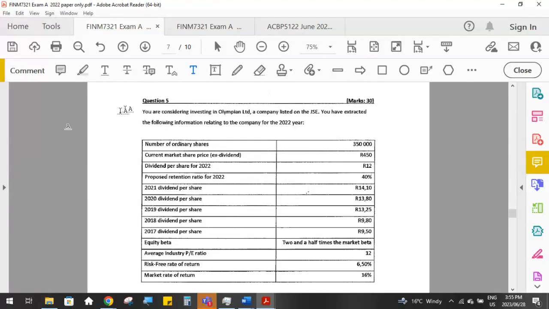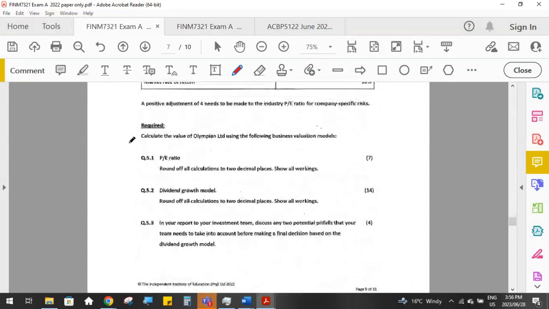If you've been going through your textbook, which hopefully you have been using as your chief source of revision, you'll recognize this question. So you are considering investing in Olympian Limited, a company that is listed on the JSE. You've extracted the following information relating to the company for the year. So then we've got a bunch of information here. So let's just go and have a look what they want us to do before we read any more of that. Don't forget to always look at the bottom if there's any more additional information